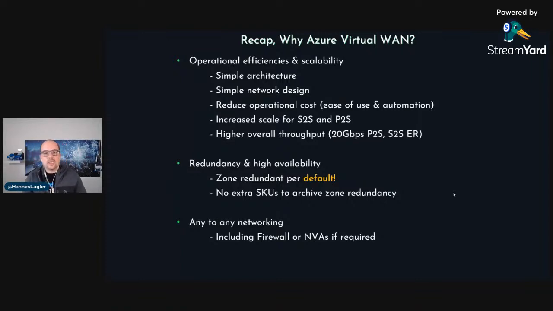To increase site-to-site and point-to-site VPN, you have seen it in the demo. It's really simple. Choose another scale unit and you scale up or scale down. You have an overall higher throughput, so 20 gigabits per second for point-to-site, site-to-site VPN or ExpressRoute. It's redundancy, once more, zone redundant by default. So when we think about VPN gateways, you have to provision the AZ VPN gateways to implement the zone redundancy. And you also have the ability to implement third-party firewalls, NVA, software as a service. I recommend, and what I prefer, the Azure Firewall.